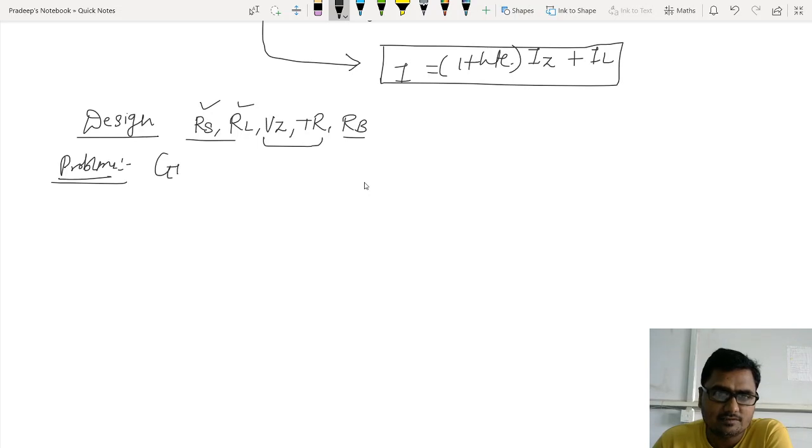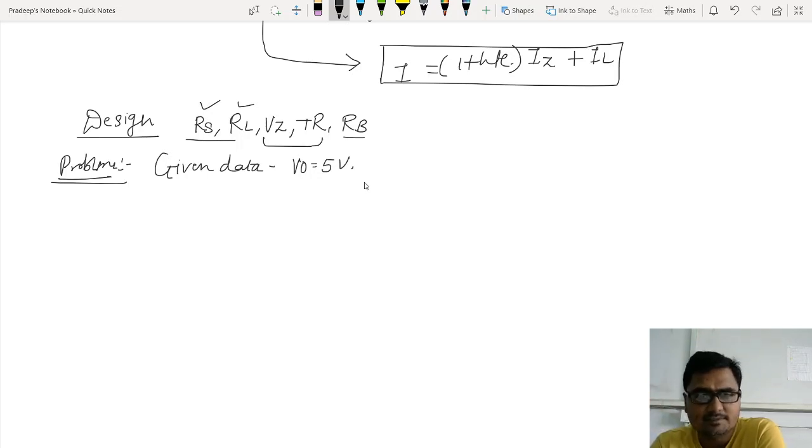Design a transistor shunt regulator with some specifications. What are the specifications or what is the given data? Let me write the given data. Given data is output voltage, which is 5 volt. See, intentionally I am taking this problem because when you solve this problem, we will take the same components and mount them in the lab and check out the practical results with those components. Then a load current IL which is equal to 5 to 50 milliamperes,